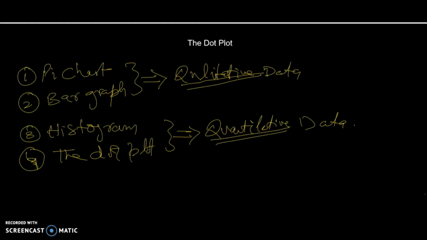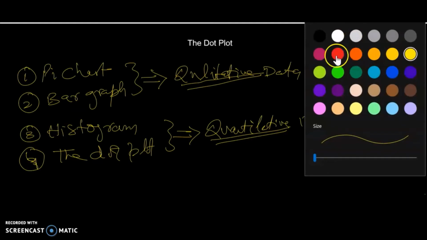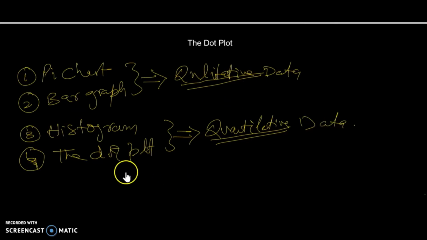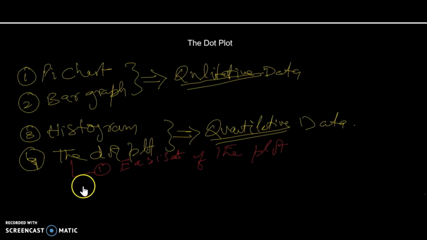Now let's understand the basic features, the basic characteristics of a dot plot. Number one, it's the easiest of the plots to make. And number two, there may be more than these characteristics, but I'm just writing the most prominent ones. The dot plot can identify gaps, can identify clusters,